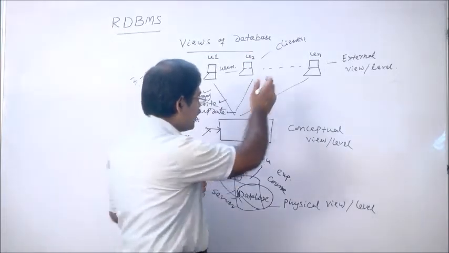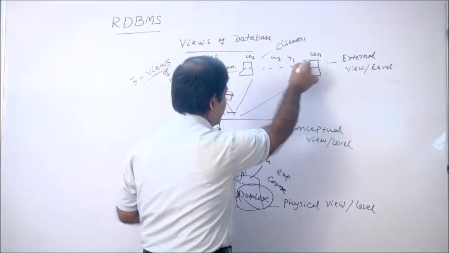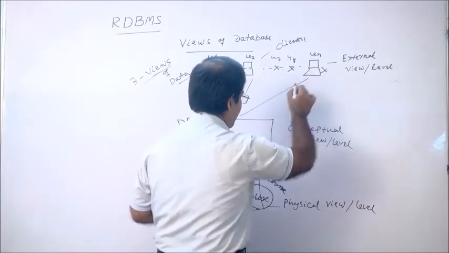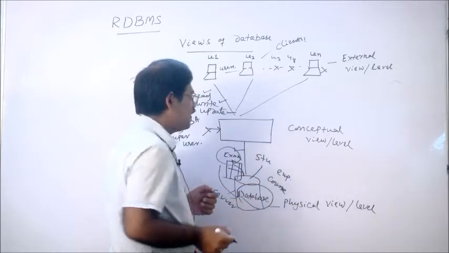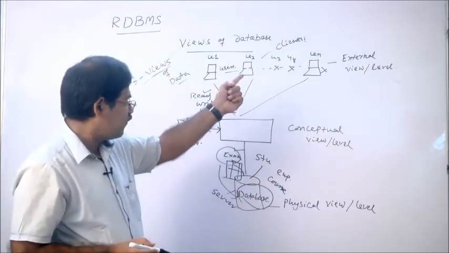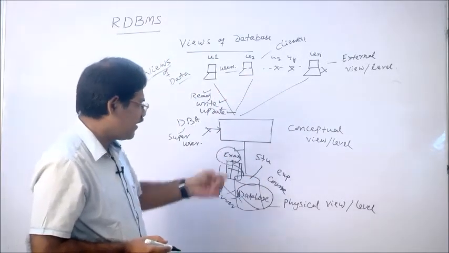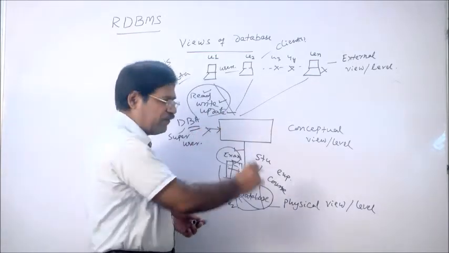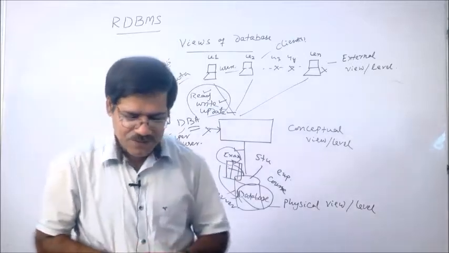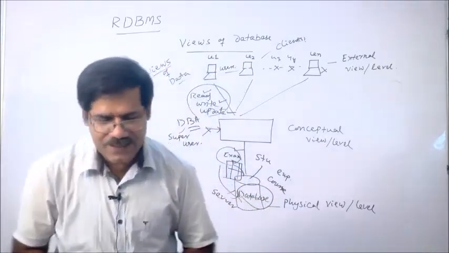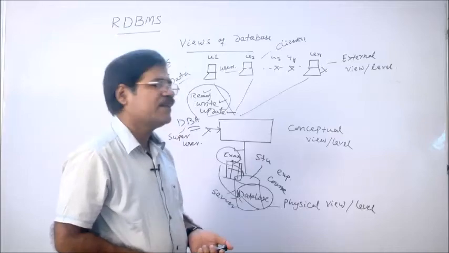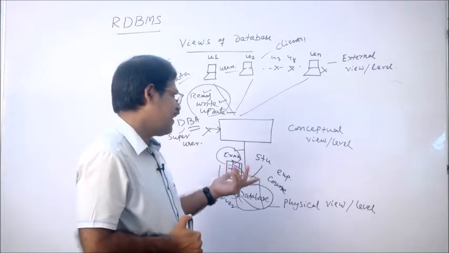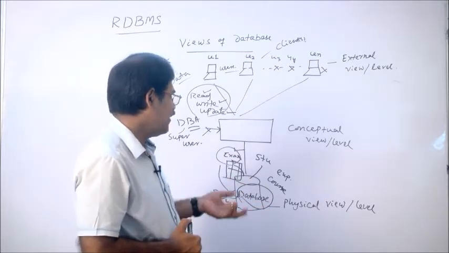If there are user 3, user 4 and so on, and the permission is not granted for this exam table, then user 3, 4, 5 onwards will not access the exam data. Who will provide this type of permission? The DBA will provide it. If there is no DBA, obviously each and every table will be read, written and updated by the users. So data may be leaked and manipulated by the users.